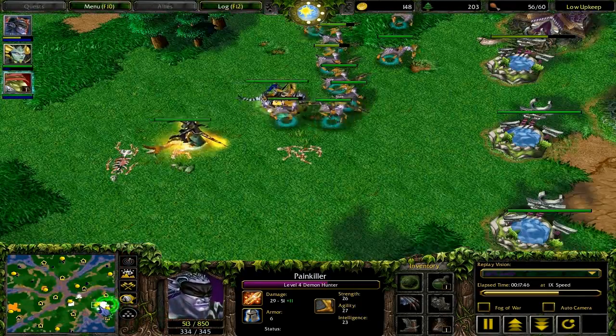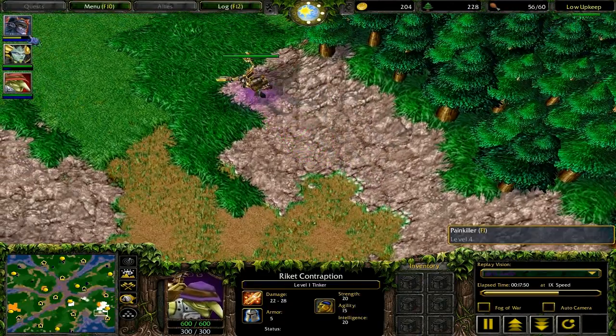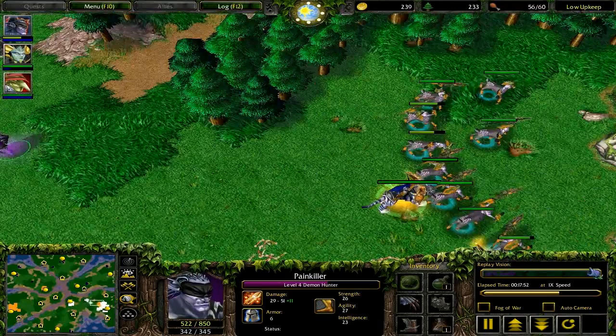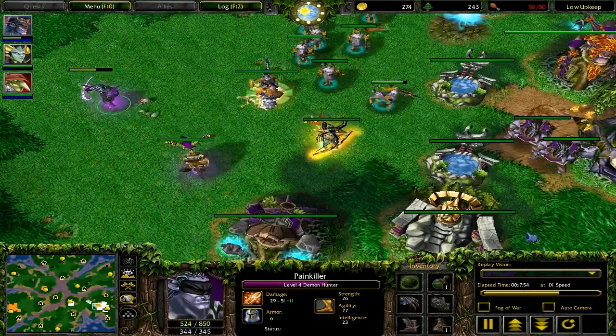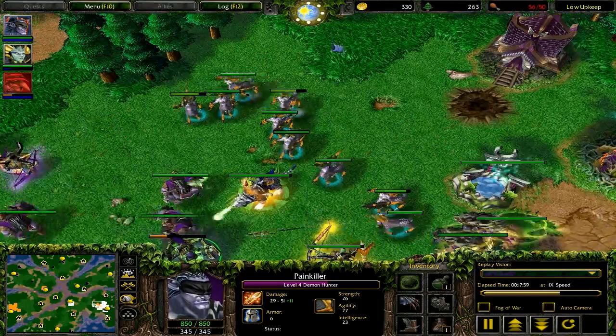See, I bought a Tinker third. You don't have to. Tinker is actually really good against dryads as long as you can get the factory in a decent position. The problem with Tinker is that you can kill the factory in about 2 seconds, but if you can get the factory in a half-decent position, then